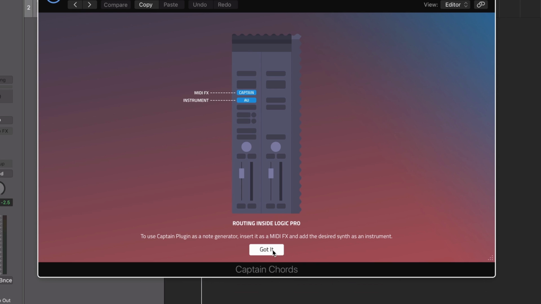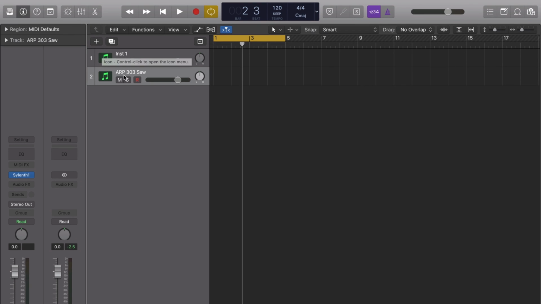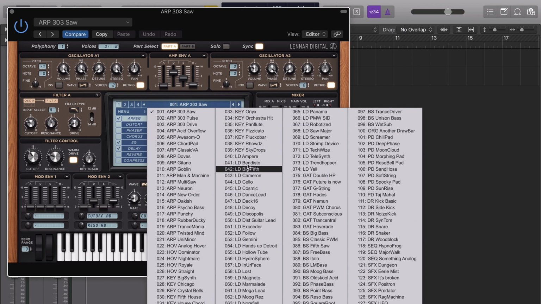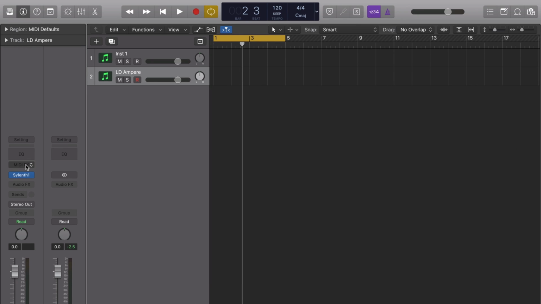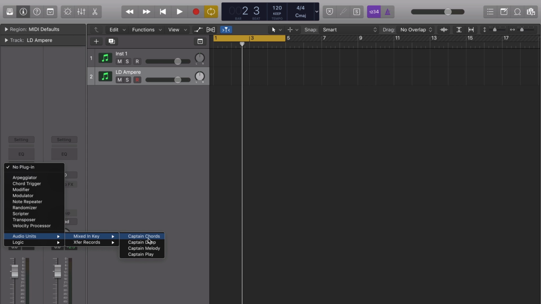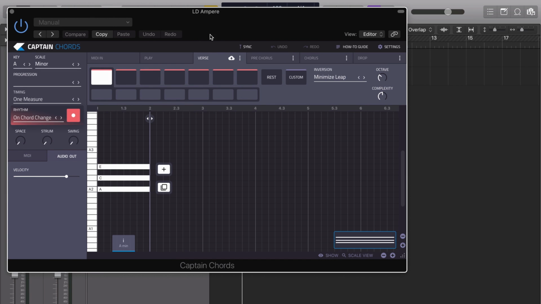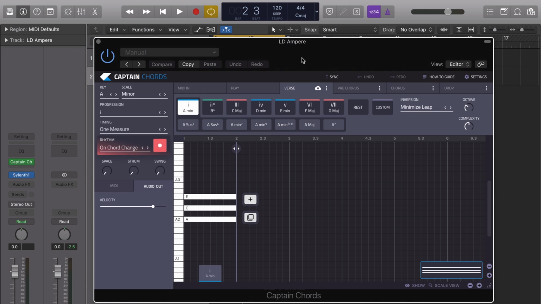So I'll just do a quick demonstration of that. So here we have Silent on an instrument track. And I'll just go in here, choose a preset, see this one will do. And then we'll call up in this MIDI effects option here, we'll go to audio units and Captain Chords, and it just loads up a MIDI effects version. You see it's different here.